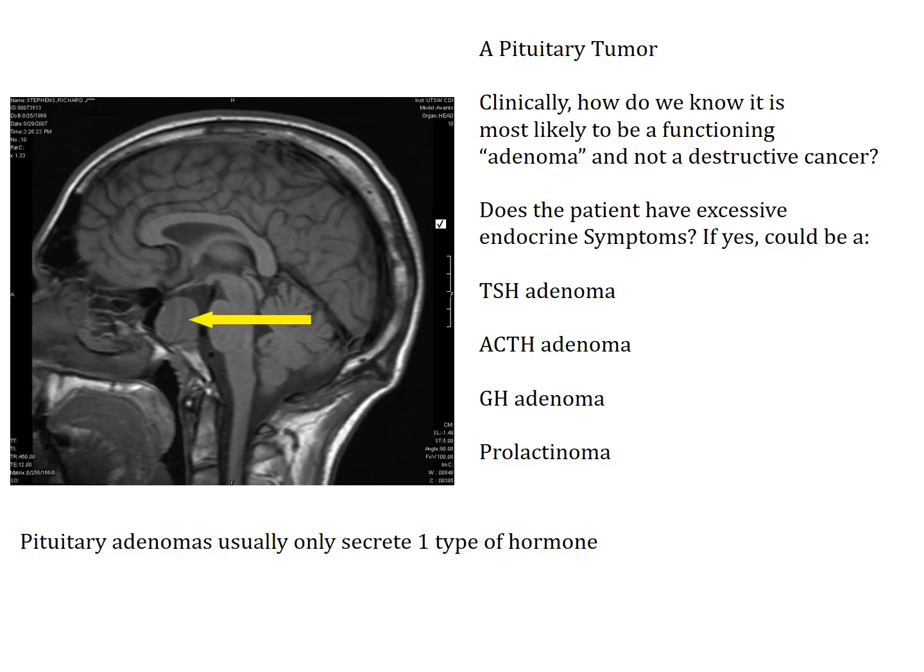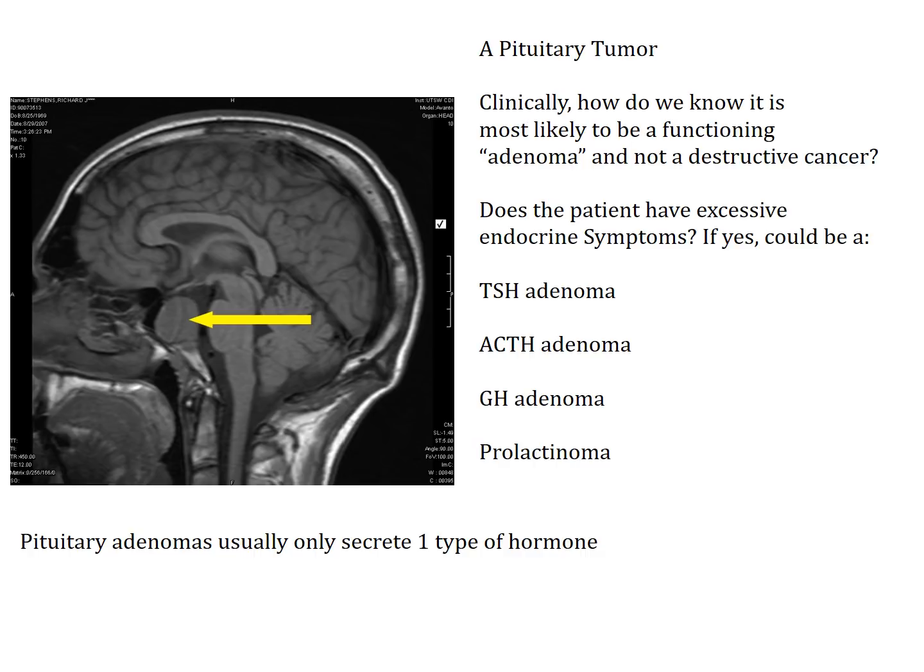We probably got about another 20 to 30 minutes to go here, so hold on. We're at the 2-hour point right now. Let's wrap this up with a little bit more on pituitary tumors. So pituitary tumors can come one of two ways. They can be an adenoma, which is not cancer, but it is secreting a physiologically active hormone, or a pituitary tumor can be destructive, meaning it is a cancer and it's destroying the pituitary gland and reducing the ability of the pituitary gland to release the hormone.